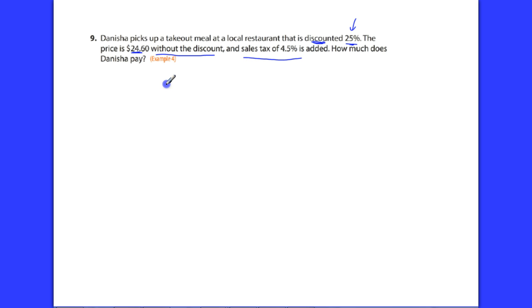Okay, well let's look at what we know here. Well, we know the price of the meal before the discount, so we can do that. We know that the price is $24.60. Okay, and we know the discount. We know the discount is 25%, so I'm just going to go ahead and use the decimal form, times 24.60. All right, and that works out to be $6.15. Now that's the discount, right? Discount is $6.15. So the new price